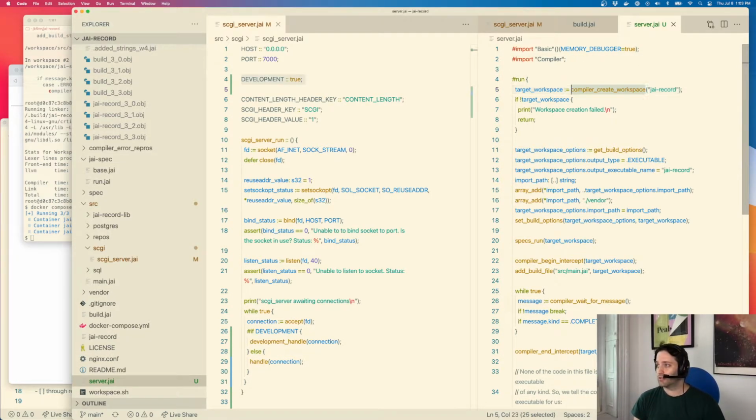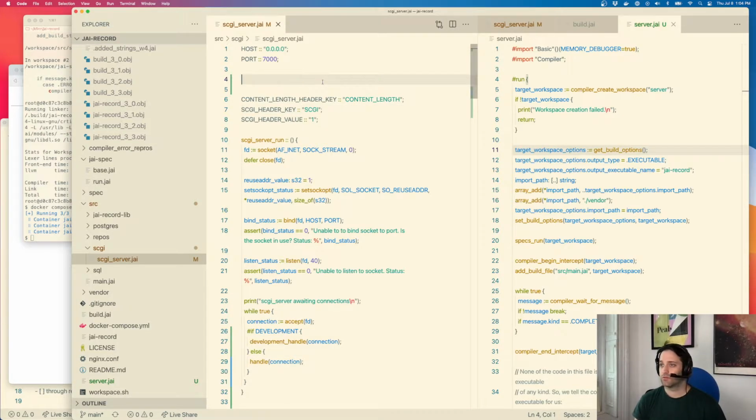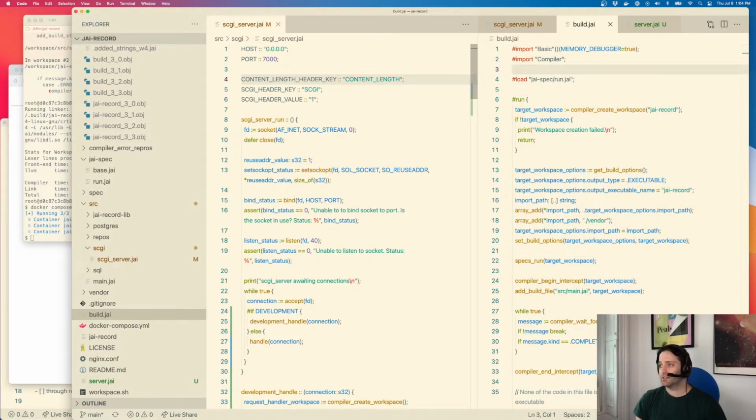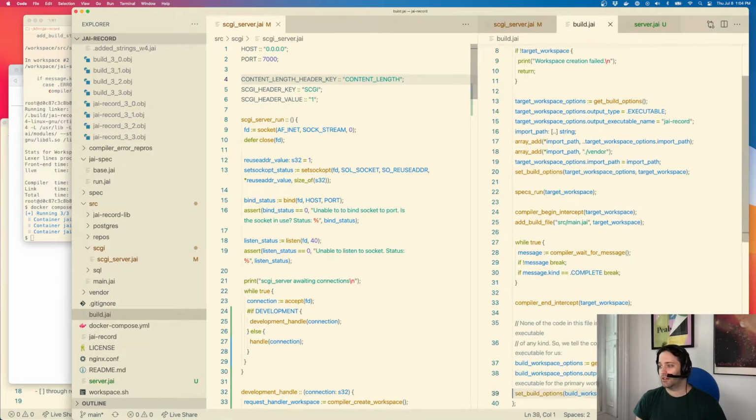But okay, create workspace, server. I should probably do this, and in build.jai, I'll add,